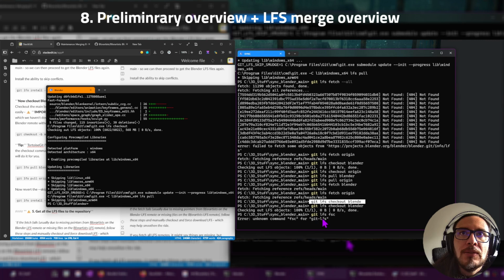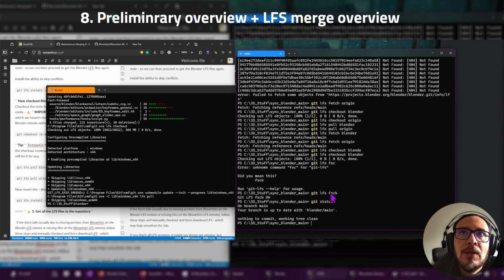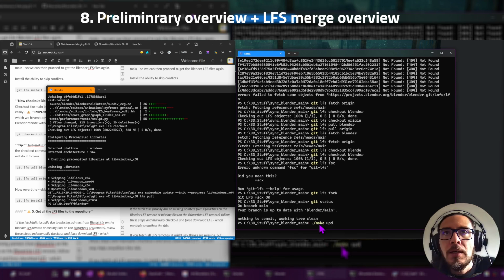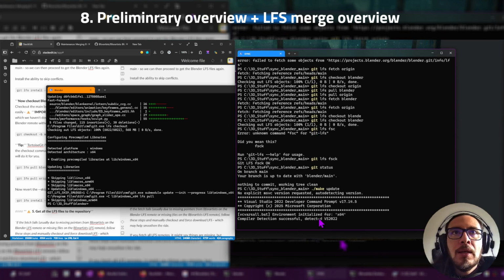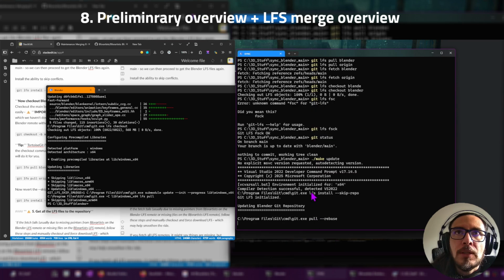And with that, we can do a git fsck, git lfs fsck, and it will be up to date. So now if we look at the git status, we managed to pull all of the missing LFS files from checking out both the origin and the remote into where we need things to be after we've tried to make update. So if we do make update now,